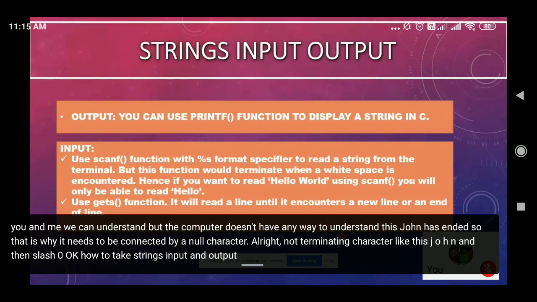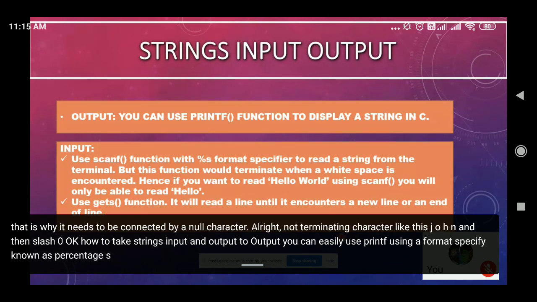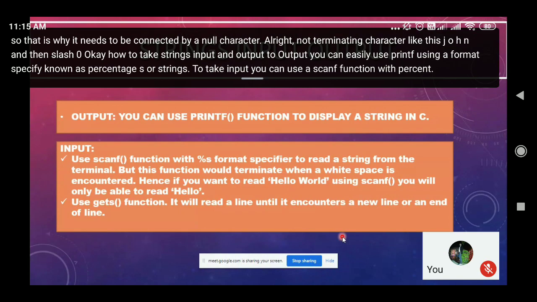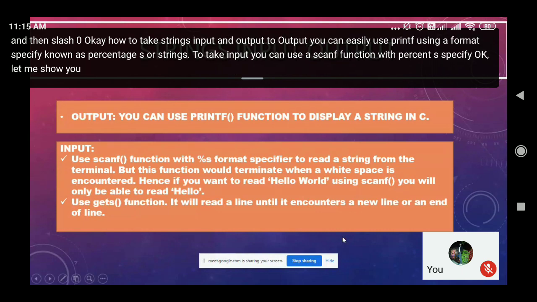How do we take strings as input and output? To output, you can easily use printf with the format specifier %s for strings. To take input, you can use the scanf function with the %s specifier. Let me show you with a program, then you will be able to understand.